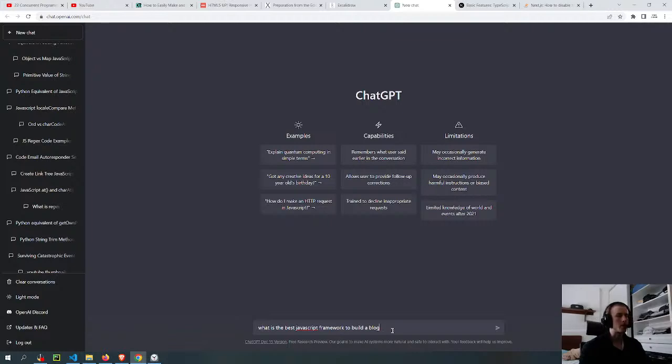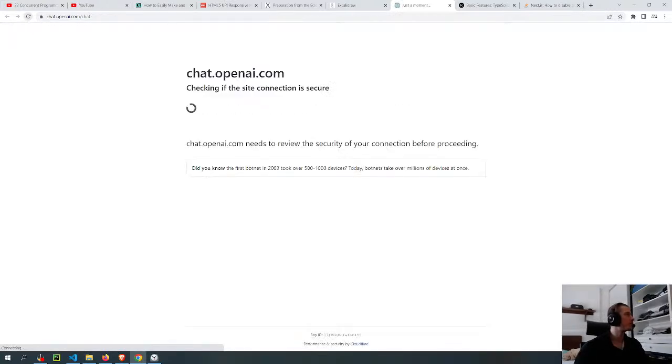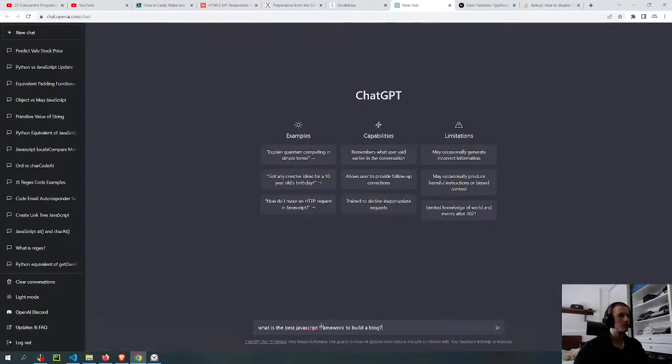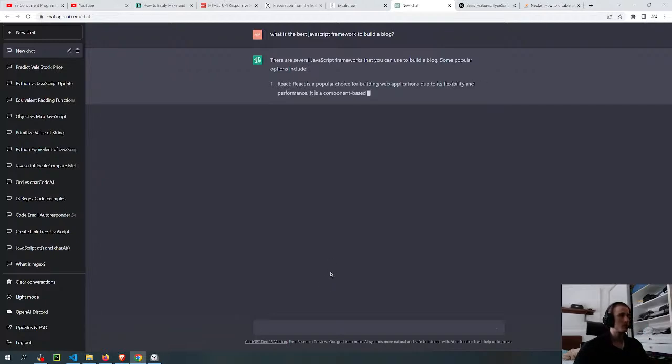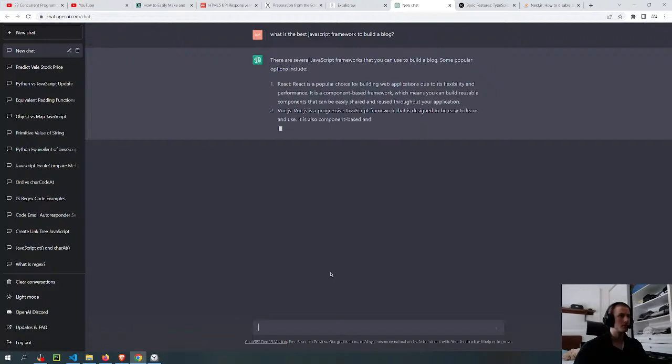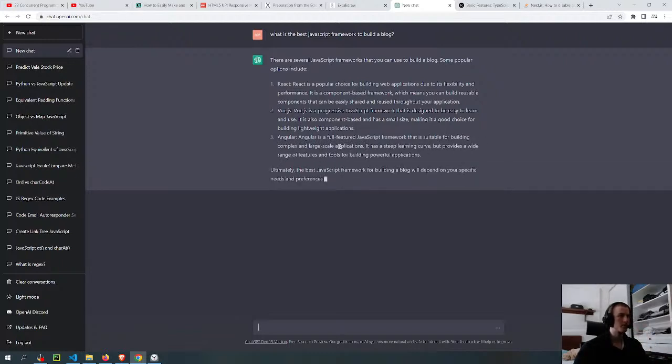Because nobody has built a library with context that works with Next.js. No, so it mentions React and Vue.js.